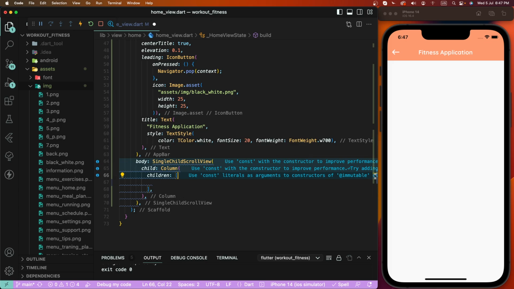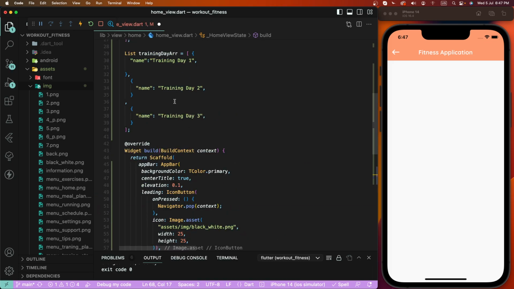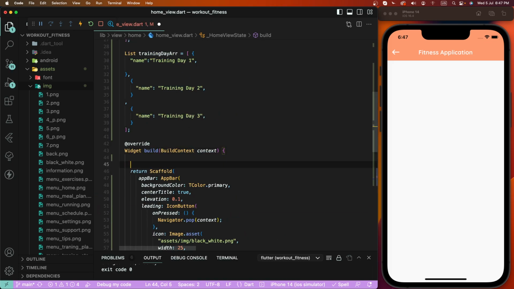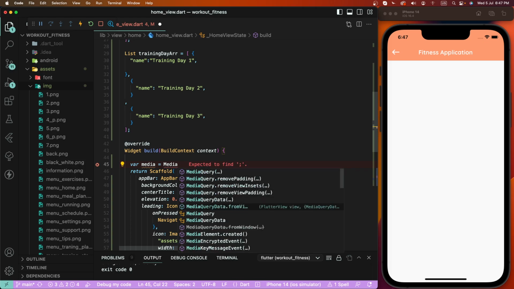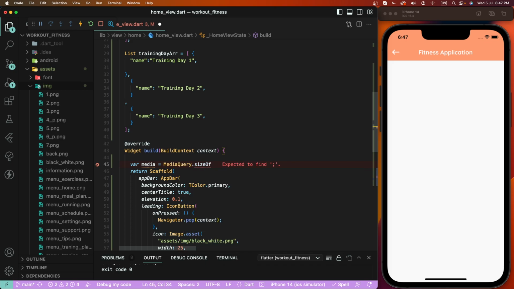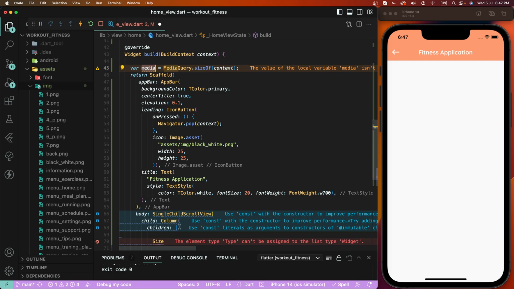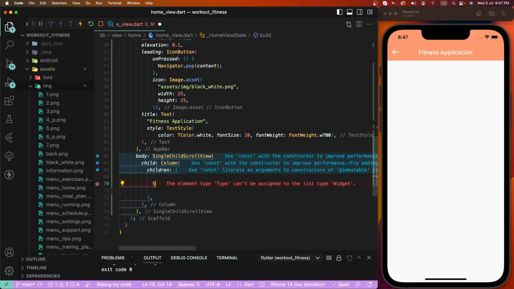Now need to create here first of all a size box and here the media variable. Media query. Size of context we need to set here